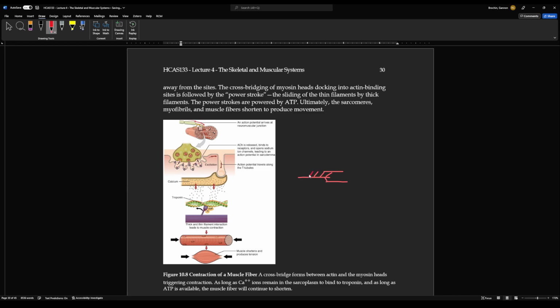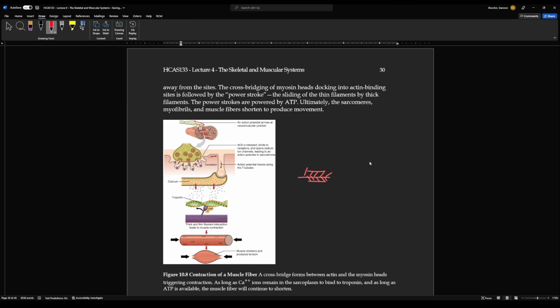Each myosin chain has multiple different heads to it, and as it pulls actin, more and more heads can attach to actin, and eventually the actin has shortened as much as it possibly can, and muscle cannot